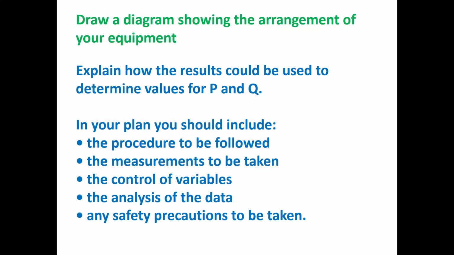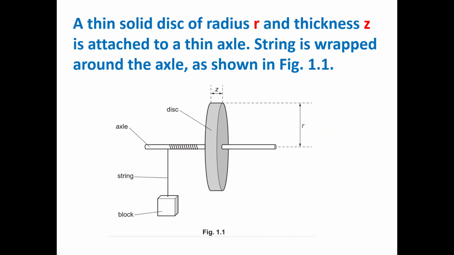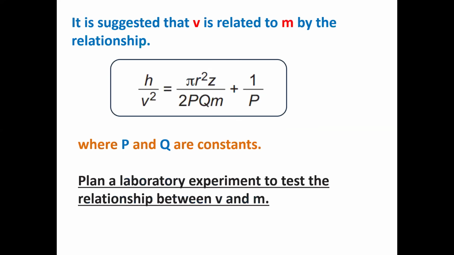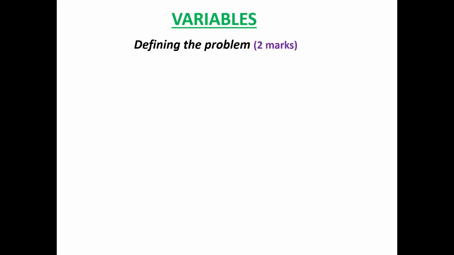Now, everyone should understand that we have a disc which is mounted with a string. When we release the block, it will go down and the axle will rotate. This will rotate the disc also. The load will go to a certain height down, and then we need to find the velocity of the block after that height. So actually we are keeping the same height every time. This is the formula.